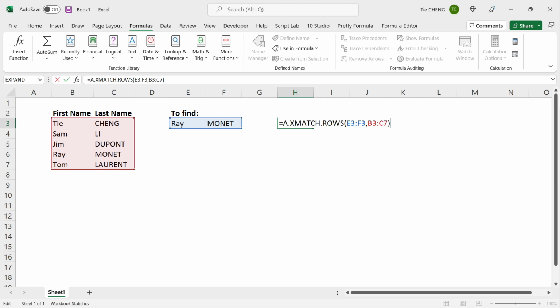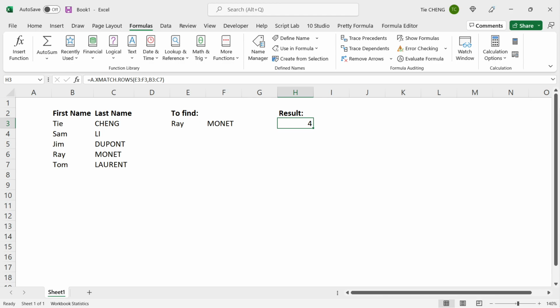For instance, in this formula, a.xmatch.rows searches E3 to F3 in table B3 to C7, compares it to each row, and returns the position where it matches. This can't be directly achieved by the built-in XMATCH function.